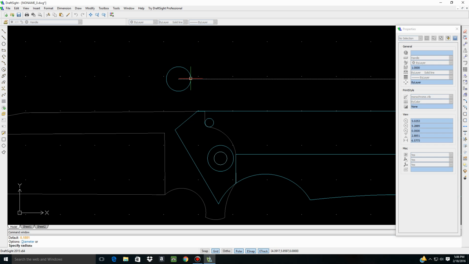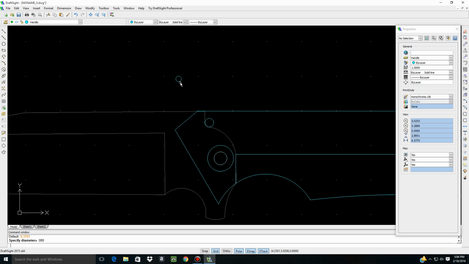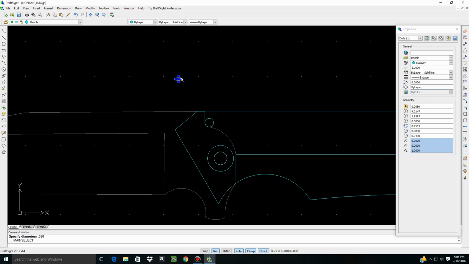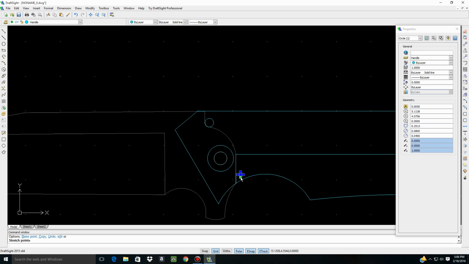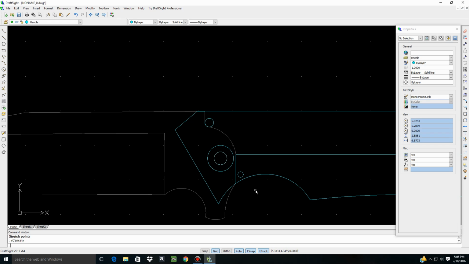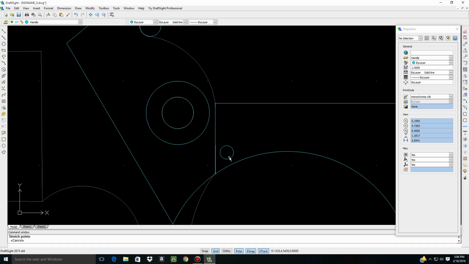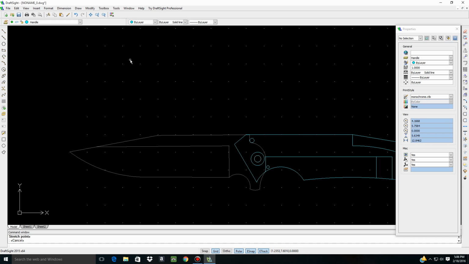Oh, I never hit diameter. See, this is what happens when you don't pay attention. So hit D for diameter, 0.080, enter. And this is, like I said, oversized, but this is going to give us a general idea. So we'll put it right down here. You want to just get it as close to the corner as possible while still leaving yourself a good amount of room. Okay? So now, let's hit escape, lock out your handle,